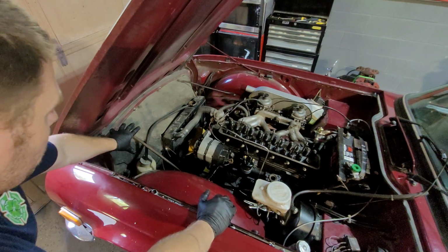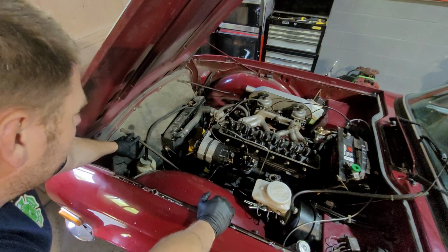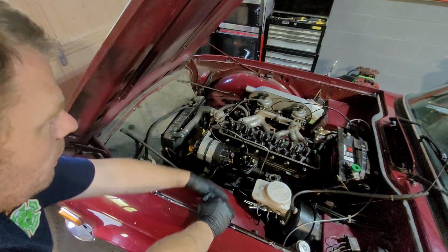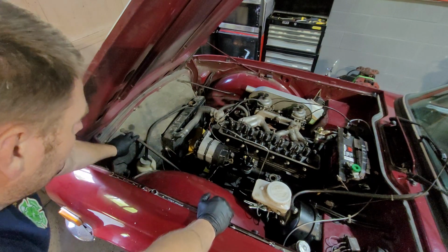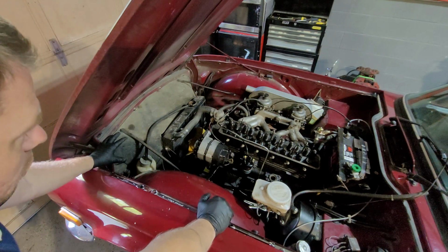So what we're going to do is remove the stay bars. You don't have to remove them. You can just take them off here, loosen them and flip them back. If you want to take them off, it's a personal choice. We're going to take the shroud off, and we're going to take the front grille off, and then that will